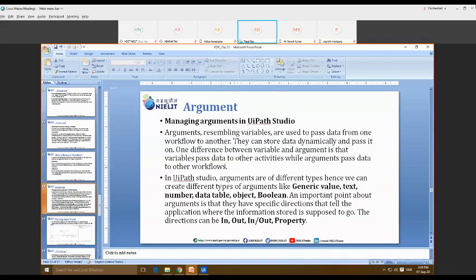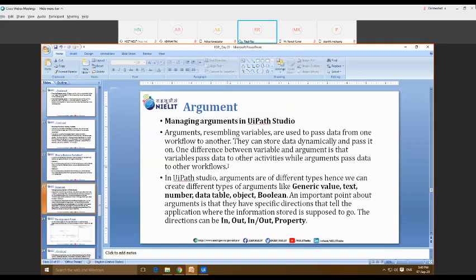So you can see the difference between the variable and argument. Tomorrow we'll also see one project where we'll pass information from one workflow file to another. Today I cannot show you the example, because for that we must first know how to work on a particular workflow file.